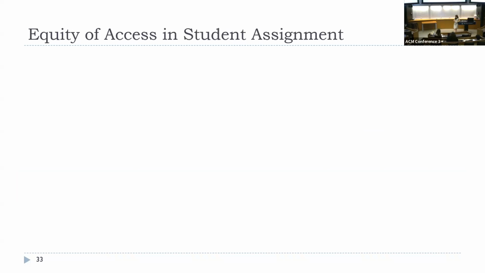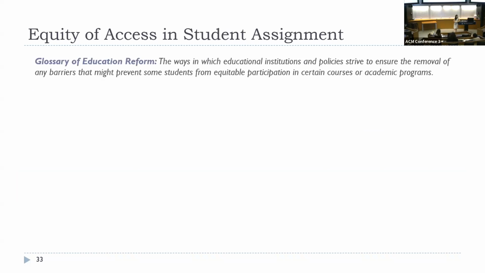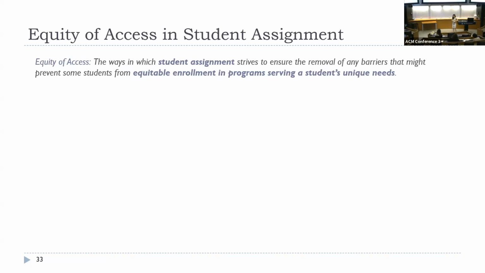And the lens that I use to try to think about equity of access and student assignment is going back to the education policy literature and asking, well, how do they think about equity in educational reform? And so their definition of equity of access is the following: that the ways in which educational institutions and policies strive to ensure the removal of any barriers that might prevent some students from equitable participation in certain courses or academic programs. So I was like, okay, how do I take this and make it very particular to school choice? And so here's my slight rejiggling. The ways in which student assignment strives to ensure the removal of any barriers that might prevent some students from equitable enrollment in programs serving their unique